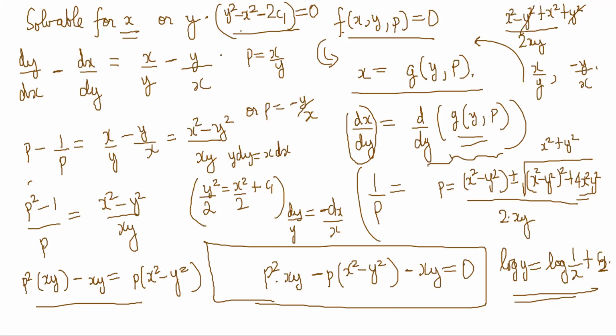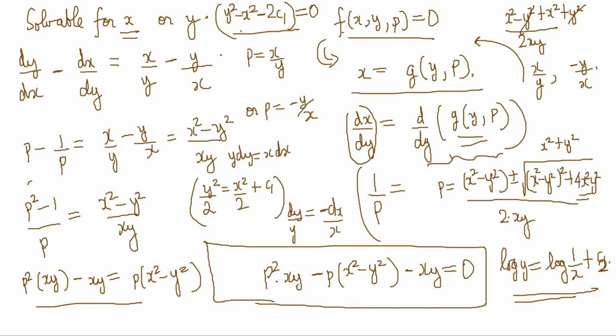Correct. It is the same solution, right? Now let's see. The third one is also quadratic in p, right? You don't need to worry about it. It's the same thing again, right? Okay, so the third one is similar. Then let's go ahead and see what happens if it is a slightly different one.